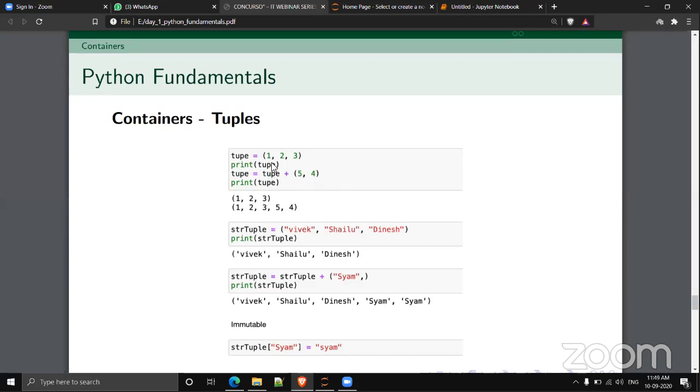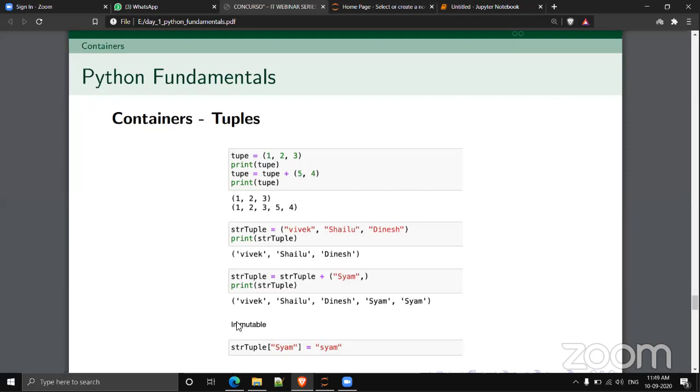You have to reassign that result to the tuple variable, then only will the operation get reflected to the original data. That is why we call it immutable. The changes will not affect it; you have to explicitly assign the changes to the variable.